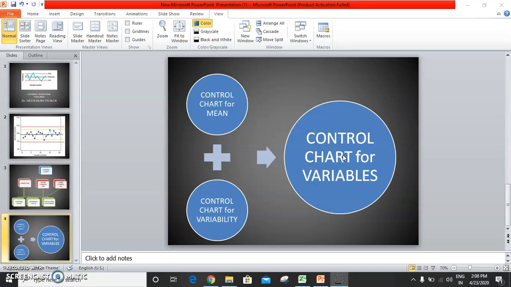While dealing with measurable quality characteristics, it is important to control the central tendency or the average as well as the dispersion or variability of the process. For the central tendency, we apply the mean, and for the variability, we calculate the range or standard deviation. Therefore, there are different control charts for variables for controlling the mean and the variability of the process. So we can very conveniently say that control charts are of two types in terms of variables: the control chart for mean and the control chart for variability.